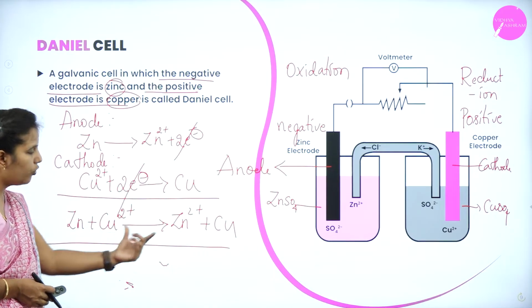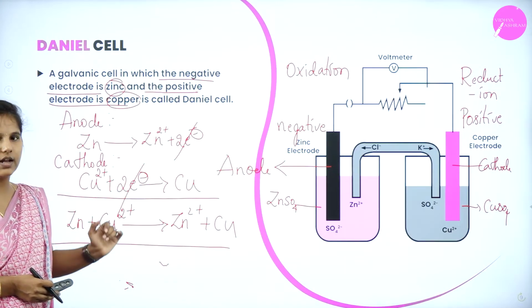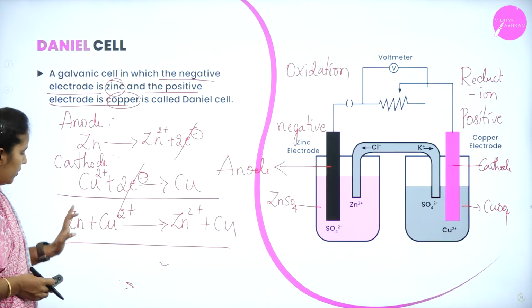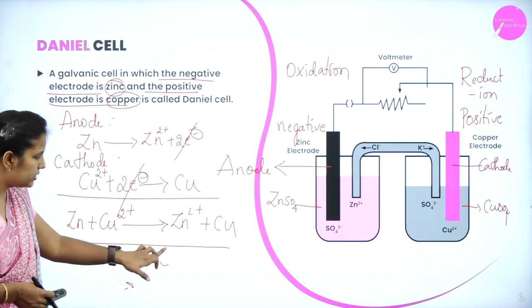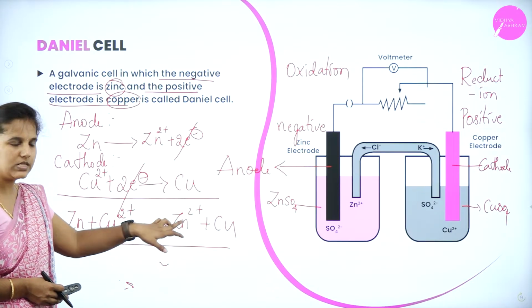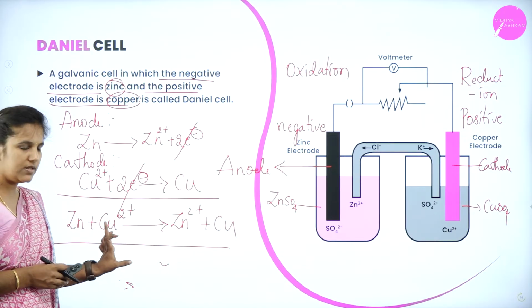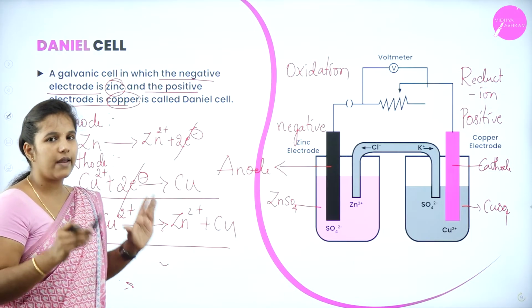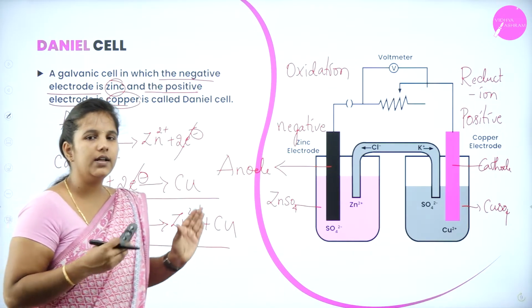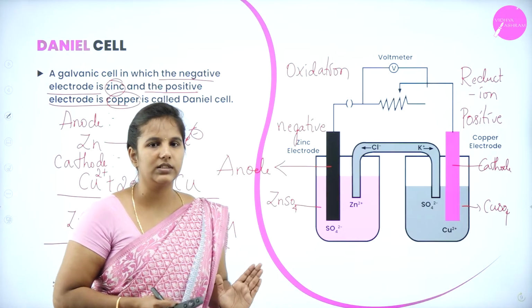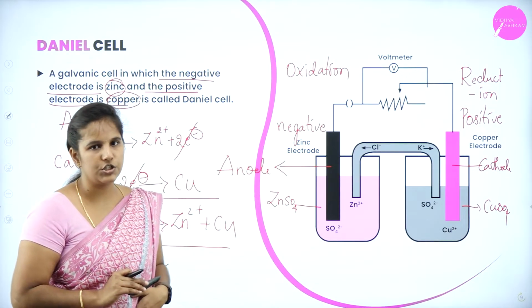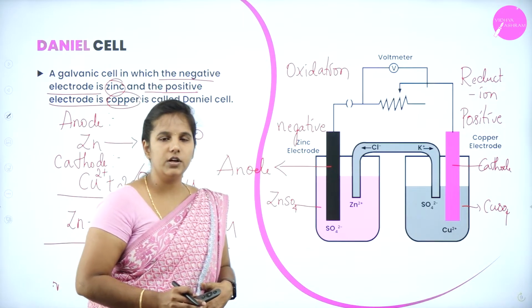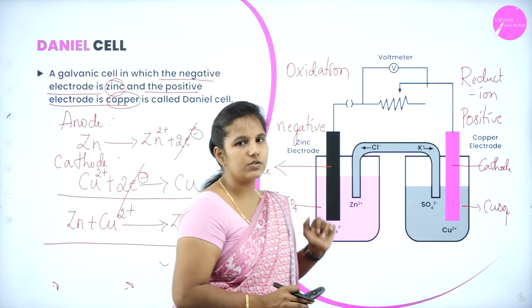If you summarize these two different reactions, that is oxidation and reduction, you will get the redox reaction. So this is the overall cell reaction which takes place in the Daniell cell, where the zinc will lose its 2 electrons and become zinc 2 plus, whereas the copper will accept these 2 electrons and get reduced to copper. So this is how the entire Daniell cell can be represented and also how the construction is made. Did you all understand the construction and also the working?